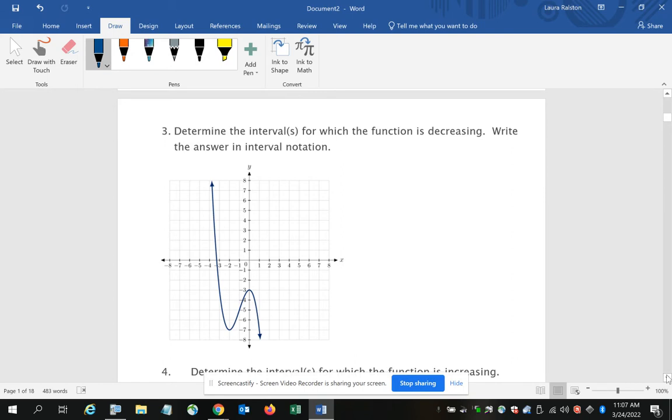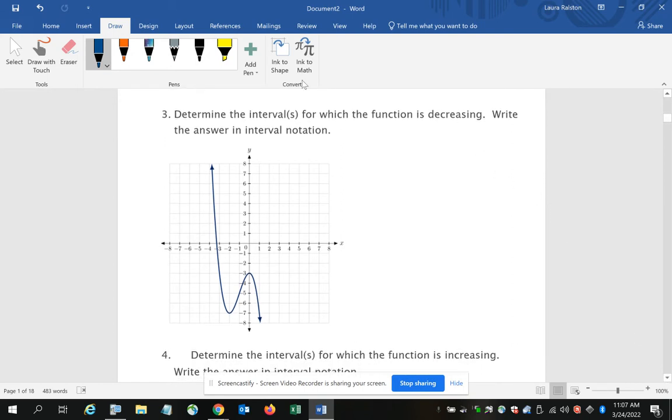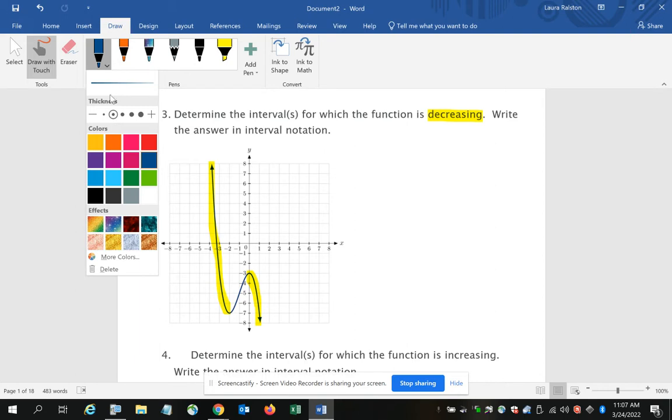Okay, question 3 says determine the intervals for which the function is decreasing. Make sure you read carefully that you're looking for the places where it's decreasing, which basically implies the graph appears to be going down, which it appears to be going down at this place and then also at this place. The other thing you have to remember is that whenever you're stating intervals, you should always state